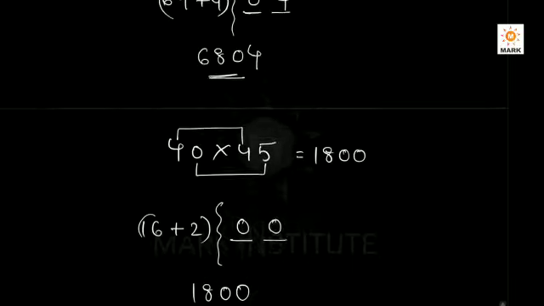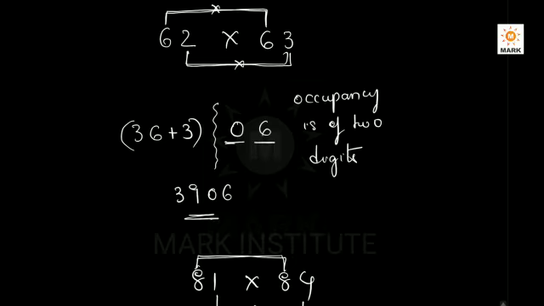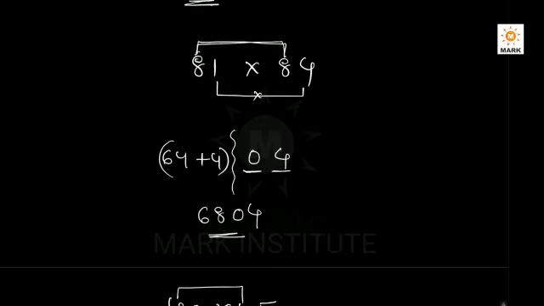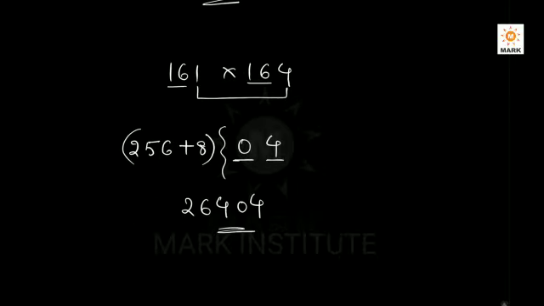Now friends, in all these cases we have seen the remaining part, whatever you are handling here. If you just take a glance, the remaining part in each and every case is an even number, right? See here, the 6 and 6. 6 is an even number. Here there is 8, an even number. Here there is 4, an even number. That is why we are getting the half value exactly as a natural number. Here also you can see 16 and 16, an even number. So half of 16 is 8.